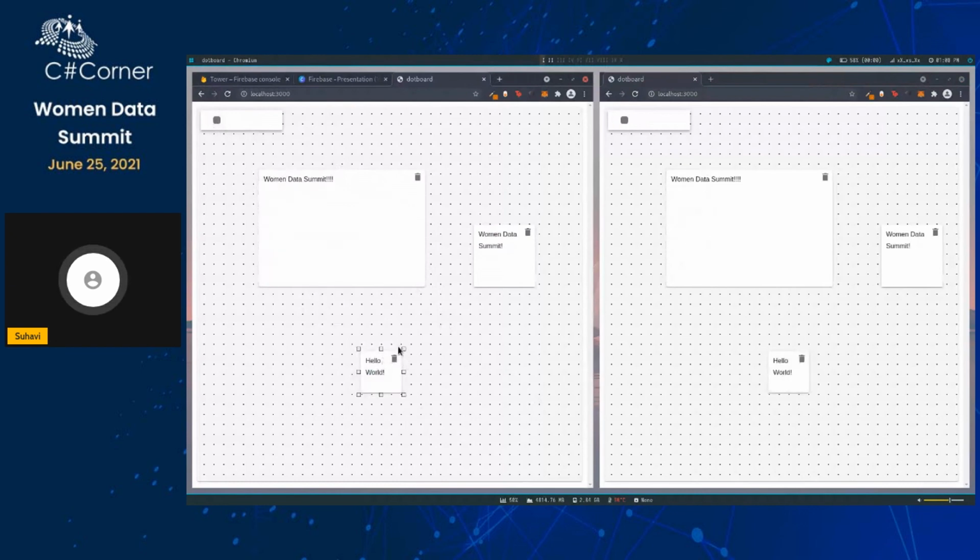So it's pretty real time. You can move stuff around, and it's pushing changes to the database, the Firebase server, and it's getting them on all other nodes that are connected. So it wouldn't matter if it's locally or if someone's on another network, it would still have the same latency since it's all coming from a central node. And we can also delete, and those changes propagate quite quickly, as you can see. So that's pretty much all I had for the demo. I'm going to switch back to my slides now.